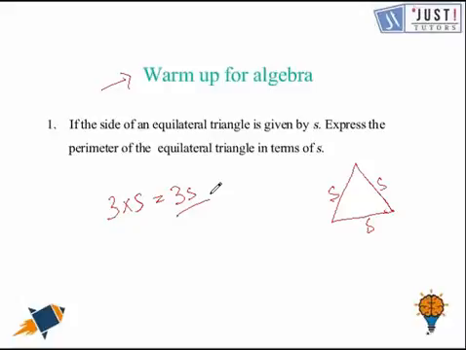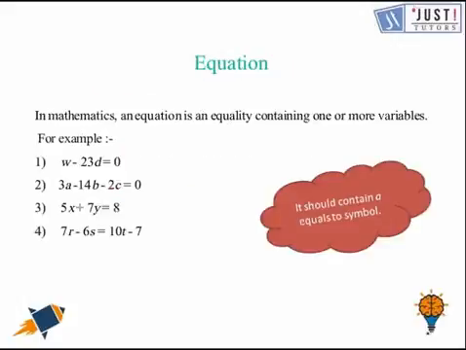You can pat your back because you're working really hard in finding the perimeter of an equilateral triangle. Now we move ahead and learn about equations. Basically, in algebra, an equation is an equality. That means it must have an equal sign in it. There should be a left-hand side and a right-hand side, and both sides are separated by